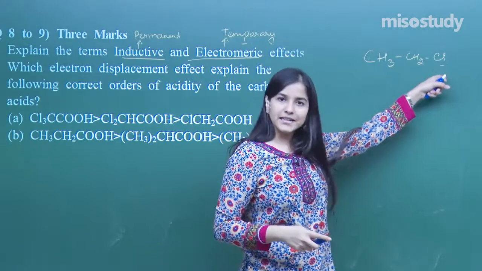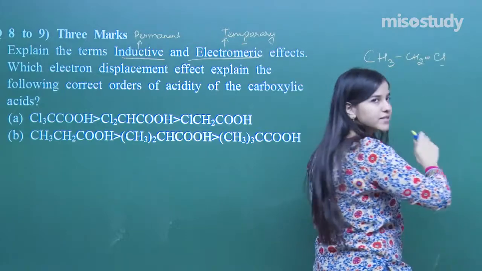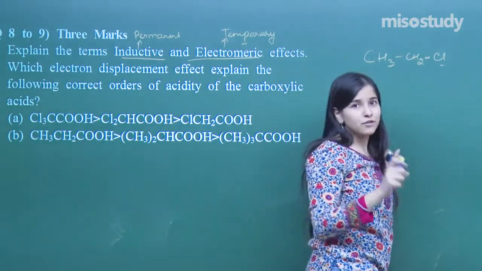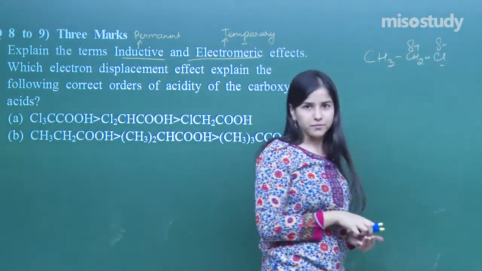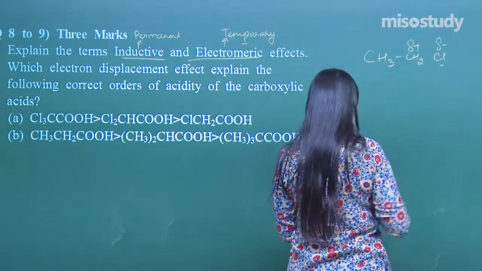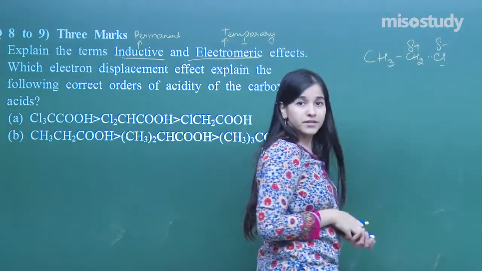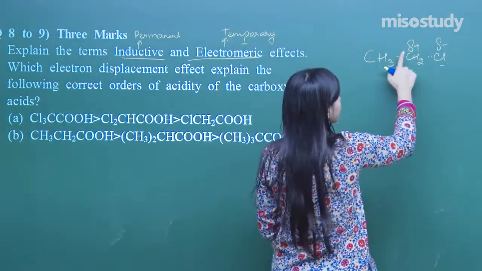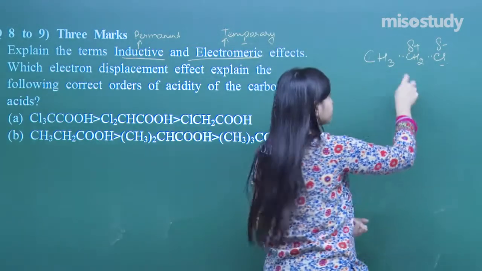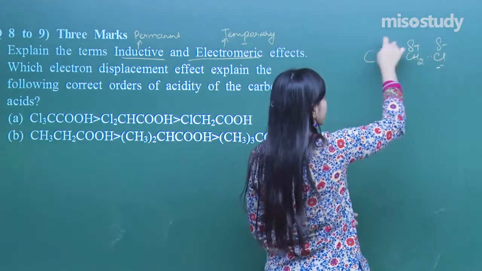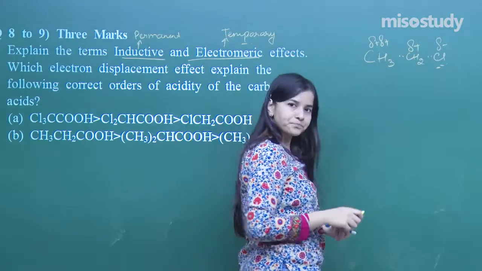See here, Cl is a withdrawing group. So, it will be withdrawing these bond electrons slightly towards itself, thereby generating a polarity in the covalent bond. Polar covalent bond, delta negative and delta positive charge will be developed, right. So, these electrons slightly shift towards chlorine, fine, and this becomes positive, thereby again withdrawing these electrons towards itself, but not that much, right. The power will not be that much as in the case of Cl. So, the charge which will be developed will be slightly less, fine.